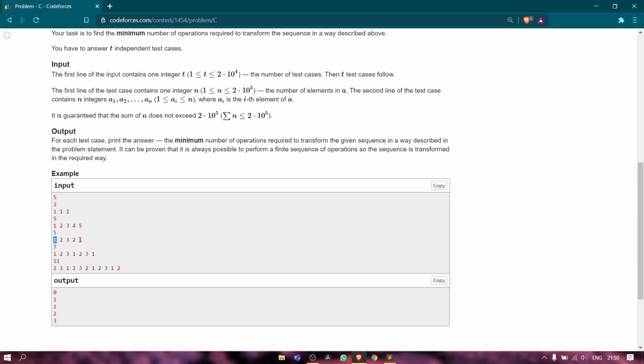Leaving the last and the first element, how many times x appears in the whole array, plus 1, is the number of moves that we can perform. Here it has come only 0 times, so 0 plus 1 will be 1. Okay, so the answer is 1.